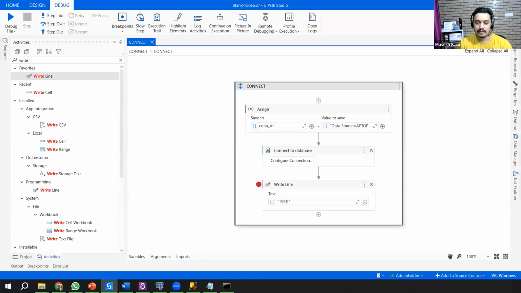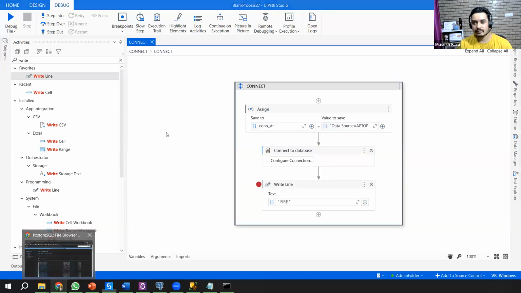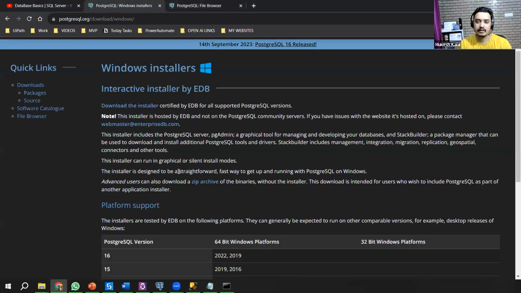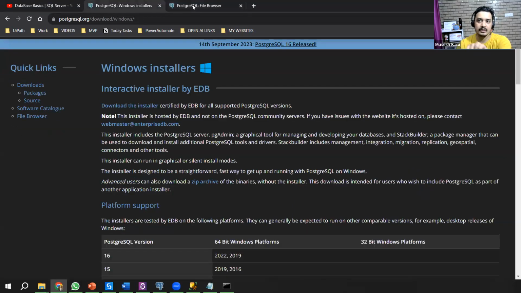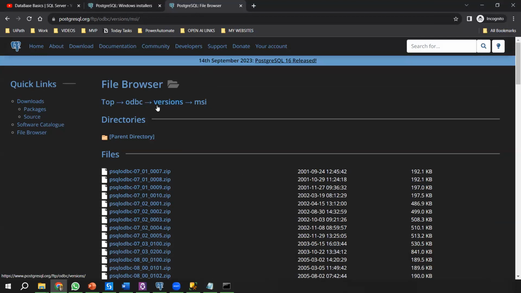Okay, so we downloaded the database, we downloaded the driver. We are okay till this point. So you have the database, you have the driver. Whenever you install SQL Server, you don't have to go through all these steps, right? But whenever you are installing an open source database, you require a driver and all these things, right?